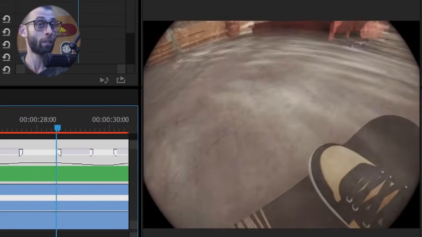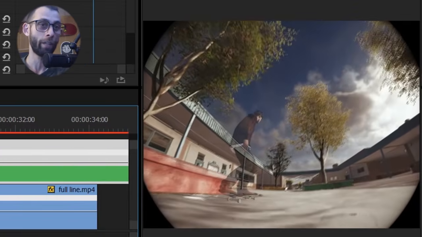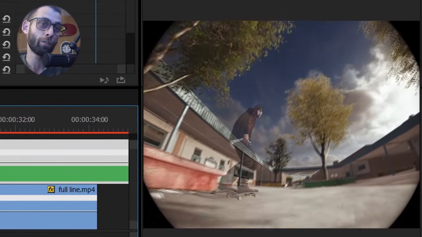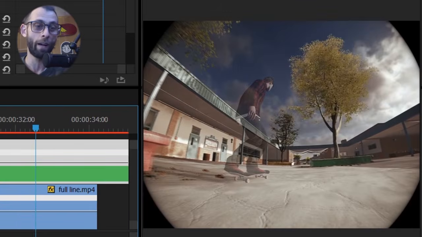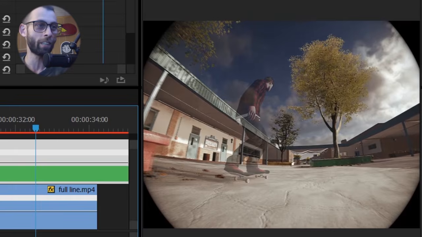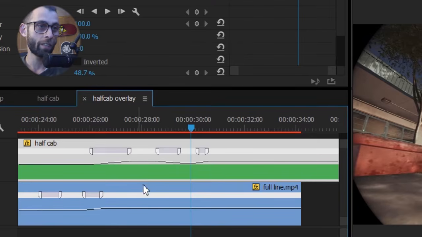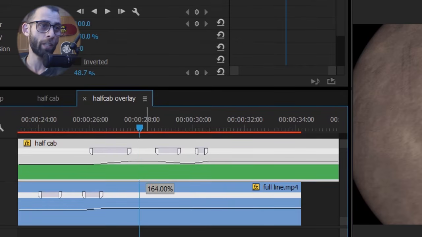But here is the inconspicuous moment where we can wipe away the filmer's clip and leave the skater's clip full screen. And again, somehow, by pure sheer luck, everything is perfectly synced up. You can see how the tree is perfectly lined up, but as you can see, this curvy line here and this one below it, this is the speed. So I'm bringing the speed up over here. We're at like